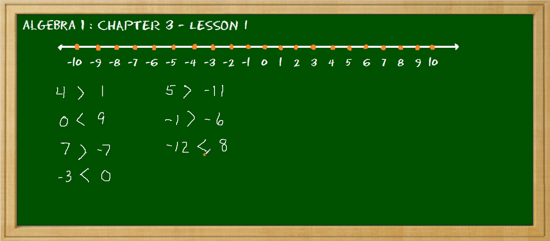And lastly, we have negative 10 and negative 2. Negative 10, negative 2. We have negative 2 right here. We'll go all the way down here is negative 10, so it's smaller or less than. Okay,